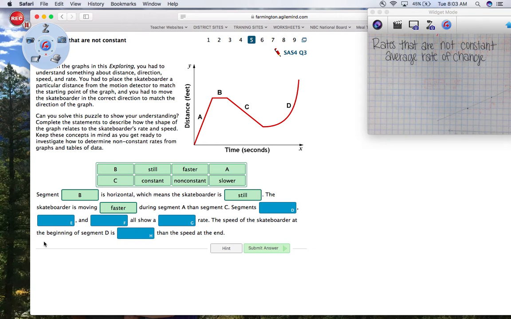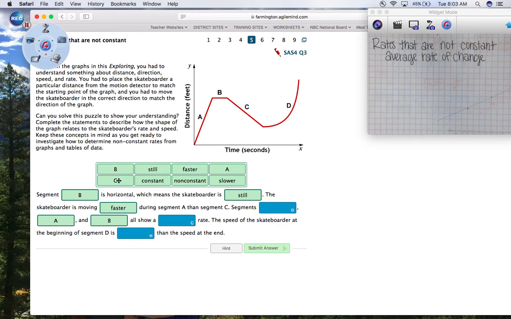Now, segments blank, blank, and blank all show a blank rate. So what do you notice about any of them? There's 3 of them that have something the same, and then one of them that's different. Well, the only one that's different is D because it curves. So then it would be segment A,